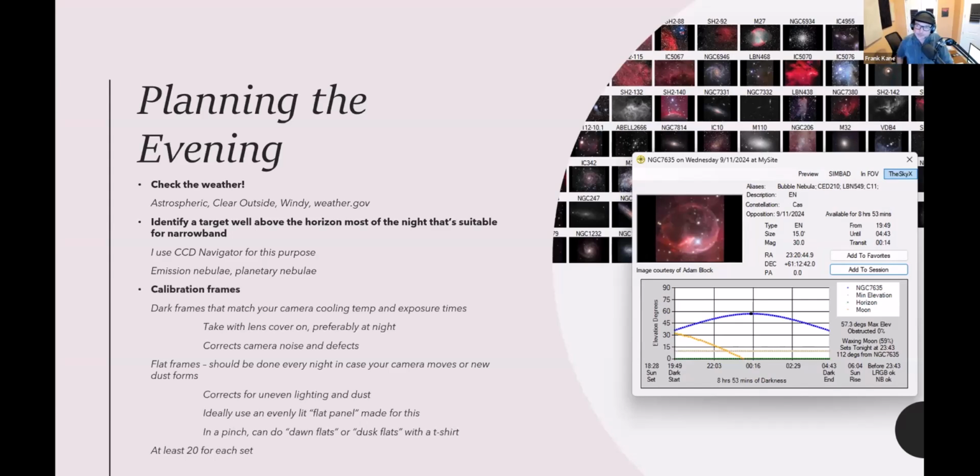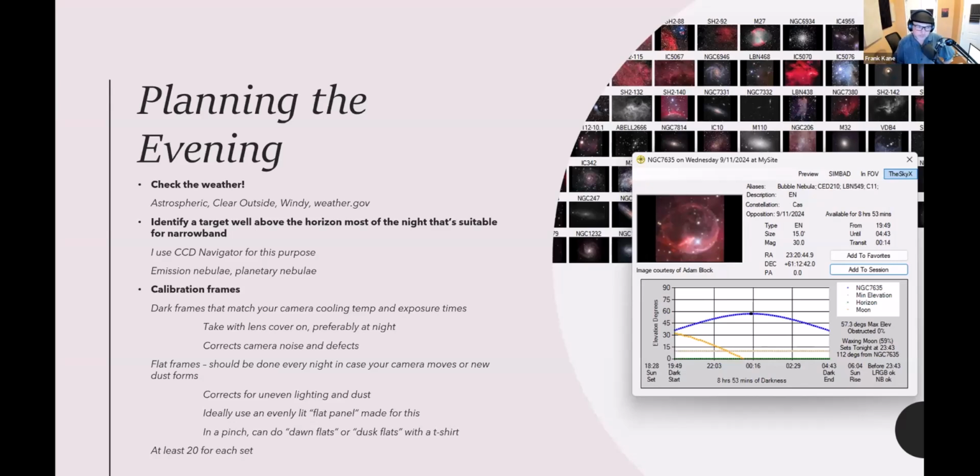Also, before you get started with your imaging, you have to make sure you have your calibration frames in place. And if you're not familiar with those, I'll just briefly review what those are. So you will need at least dark frames. These are basically a set of images that you take from your camera while it's at the same cooling temperature that you're going to be shooting from throughout the night. And it's going to be matching the exposure times you plan to take as well. So I know that I'm going to be taking 5-minute exposures, that's 300 seconds. So I'm going to have a set of dark frames that I took ahead of time, about 20 of them, that were made at 300 seconds and also at -5 degrees centigrade on the camera,